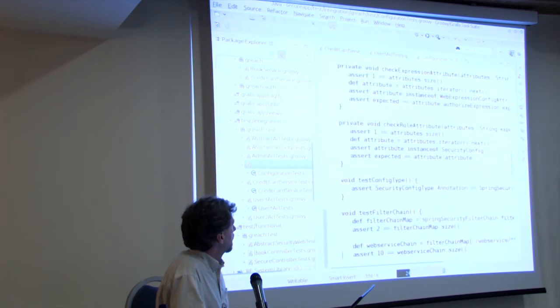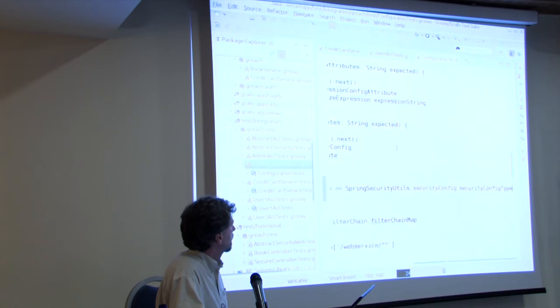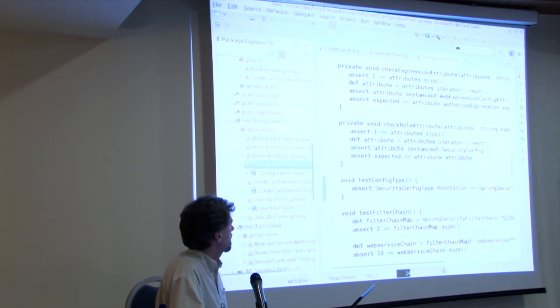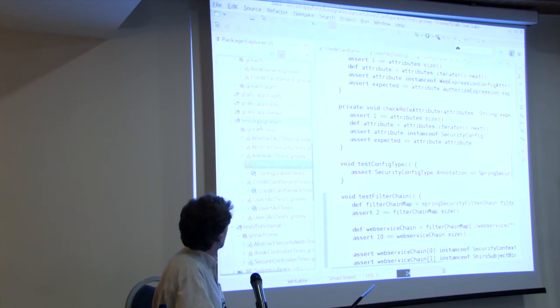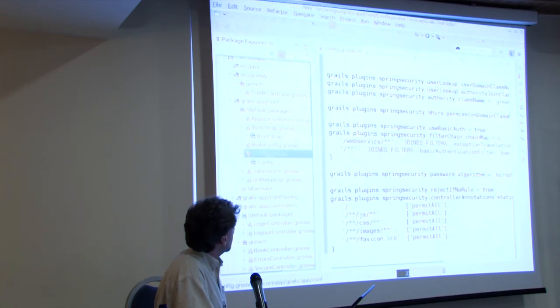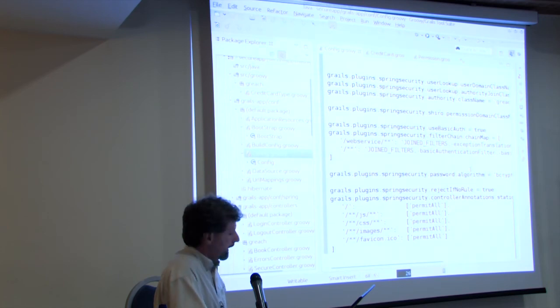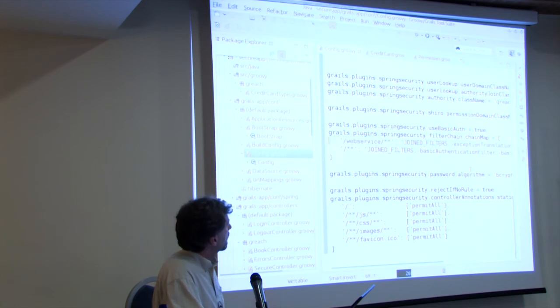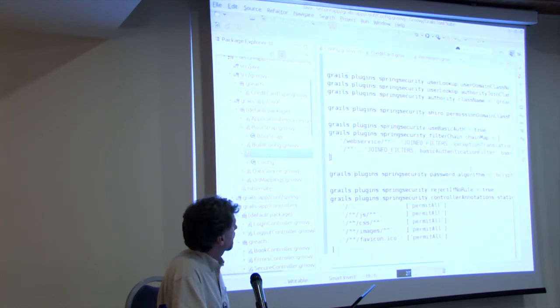So check that I'm using annotations, right? So if that changes, I might need to change stuff. I didn't talk about this, but I configured basic authentication, although I'm not actually using it. So if you look in config.groovy, I did a thing that Spring Security plugin lets you do, which is have some URL patterns in your application use basic authentication,